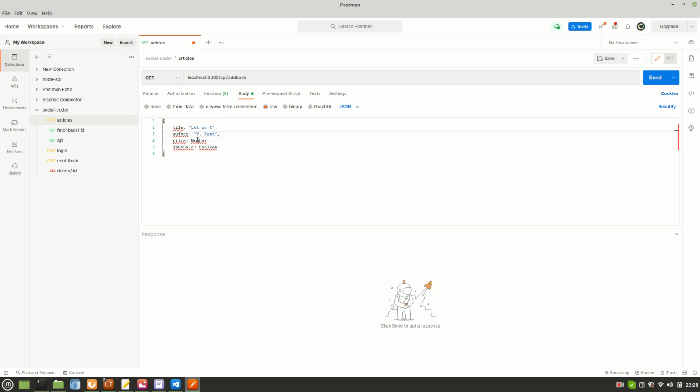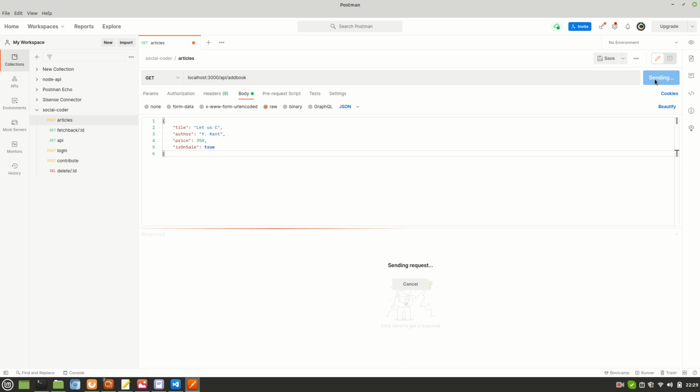The initials are enough. Price is, let's say, not 1200, let's say 350. Is on sale, true. The key and the value both have to be in double quotes, except the number and the boolean. Done. Now I'll just press send.